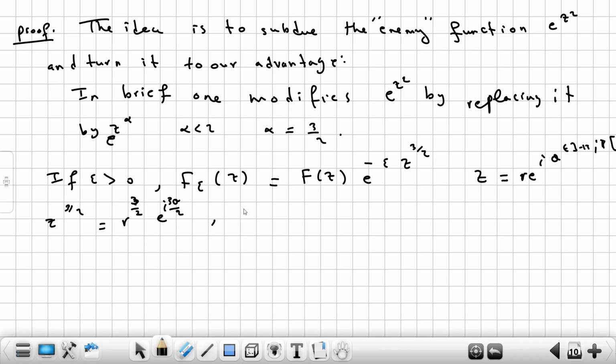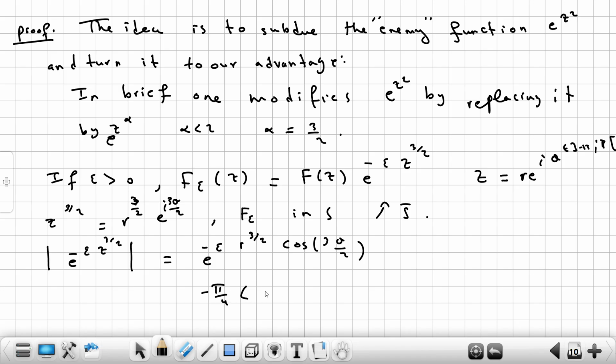Hence F epsilon is holomorphic in S and continuous up to its closure, S bar. Also, modulus of e to the power minus epsilon z power 3 over 2 is equal to e to the power minus epsilon r power 3 over 2 cosine 3 theta over 2. Now, in S we have theta between minus pi over 4 and pi over 4. So 3 theta over 2 is between minus